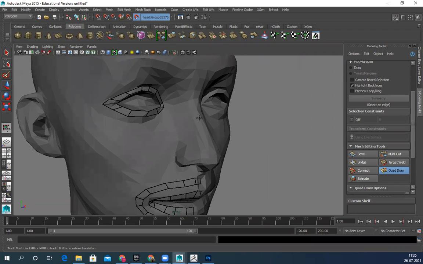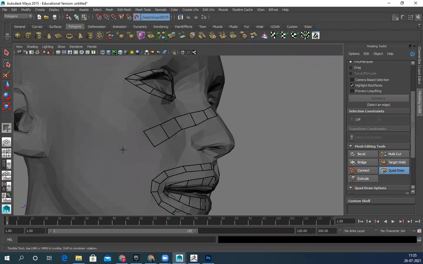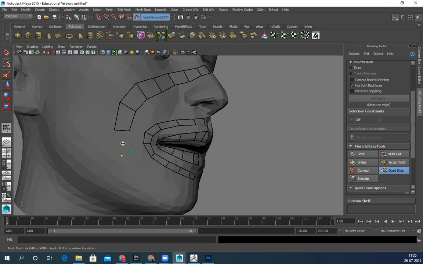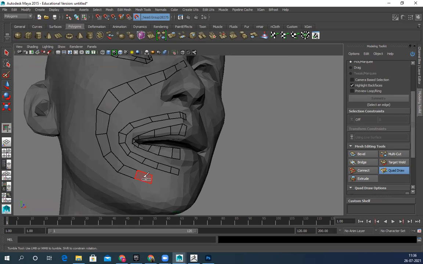Now from the nose. This line is basically there because whenever you move the nose or lips, it stretches your cheek also.